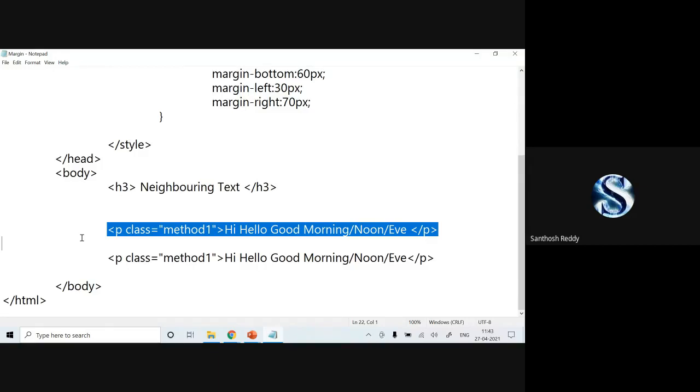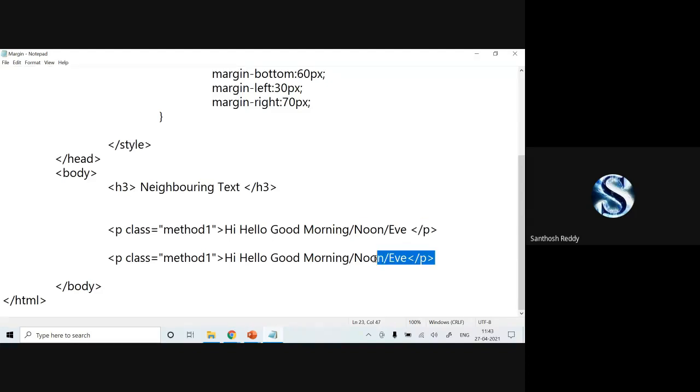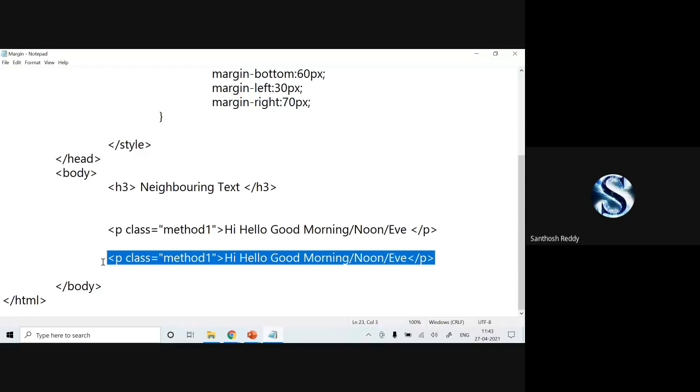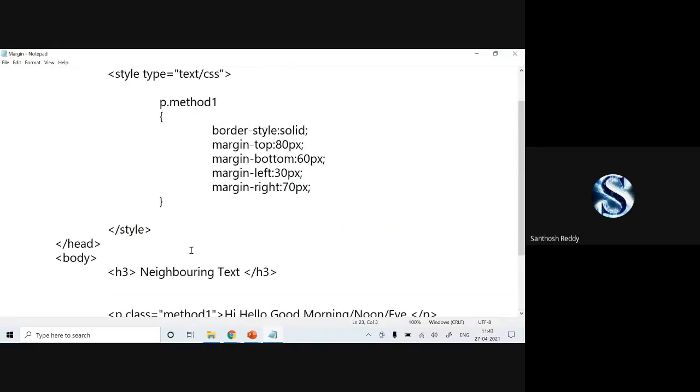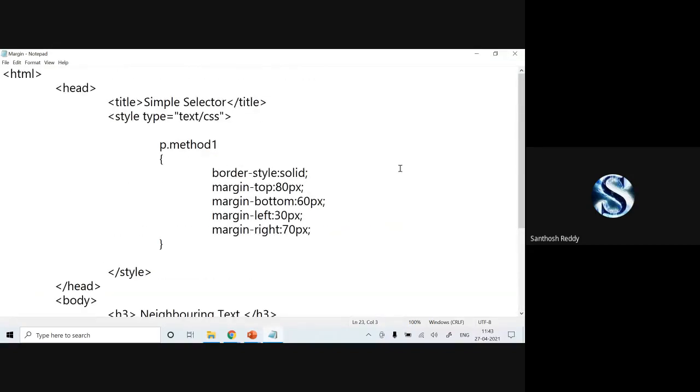There are two elements where I need to specify the space in between these two neighboring contents, which we are going to call a margin. Here I have specified border style solid, and margin top is 80 pixels, 60 pixels, 30 and 70.